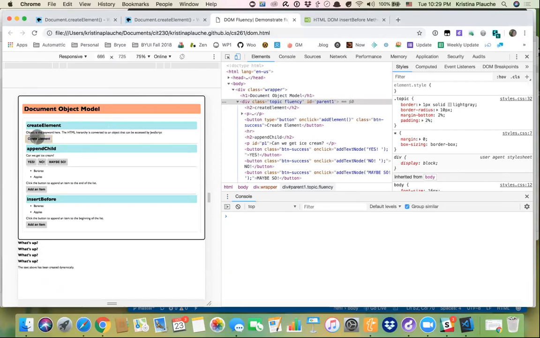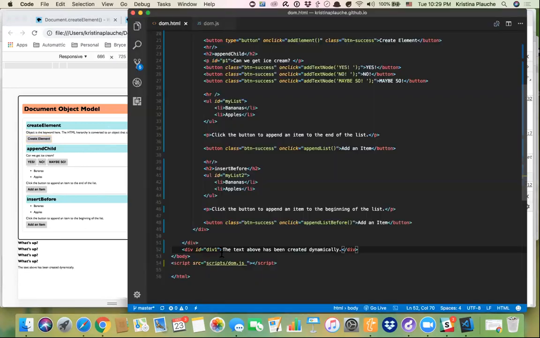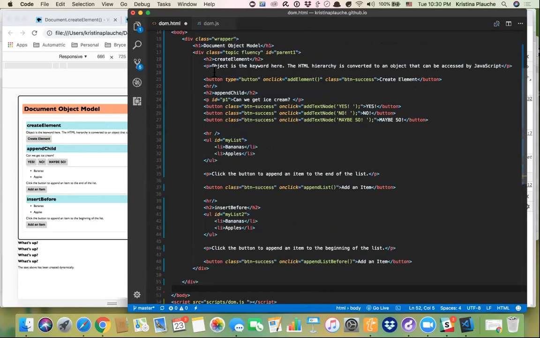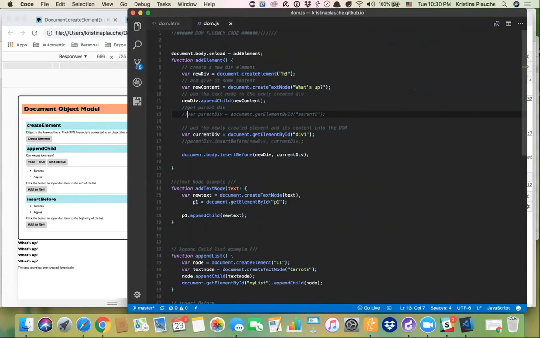So does that make sense? Yeah, or you would have had to change document.body to whatever that div is, right? Yeah. So that's why it took me a little bit to figure it out. So that's why I did this and made this